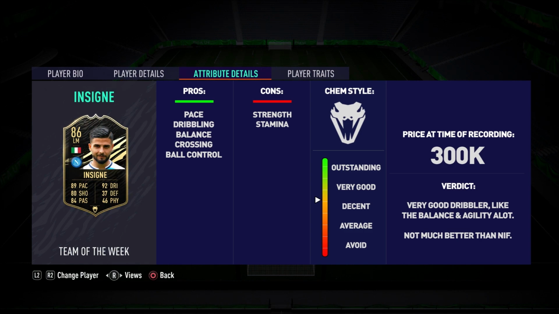And then we come on to the dribbling, which is definitely the best thing about this card. If you fancy yourself as a pretty good dribbler, I think you'll enjoy this card a lot more than I did, because he is absolutely brilliant on the ball. He's got really good close control and he feels super agile. Also, he's got great balance, so even when knocked, he will stay on his feet,